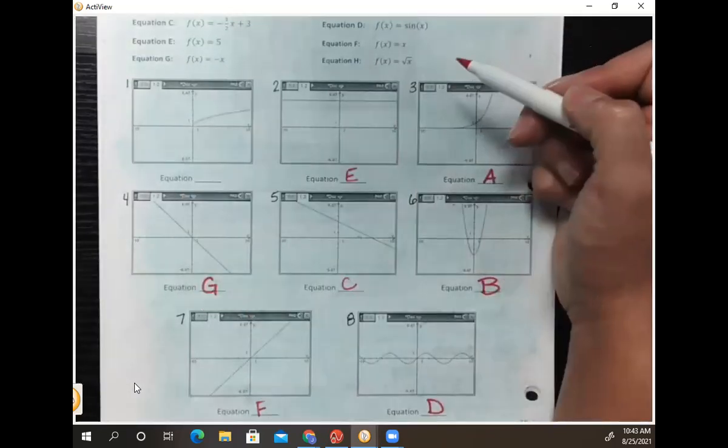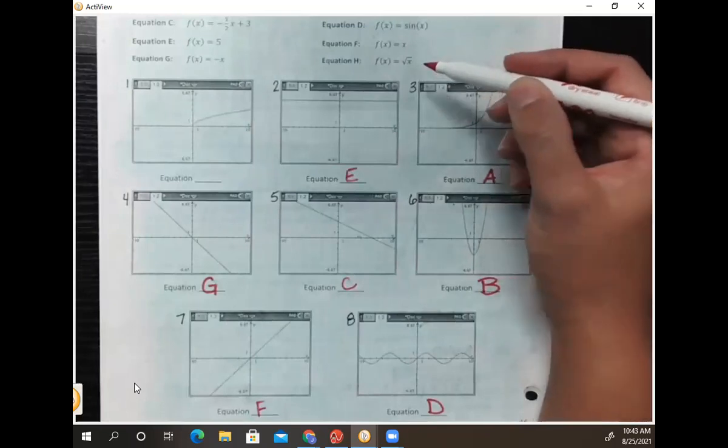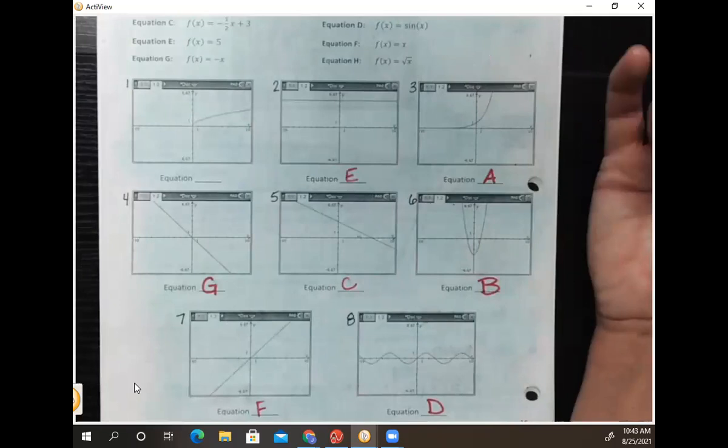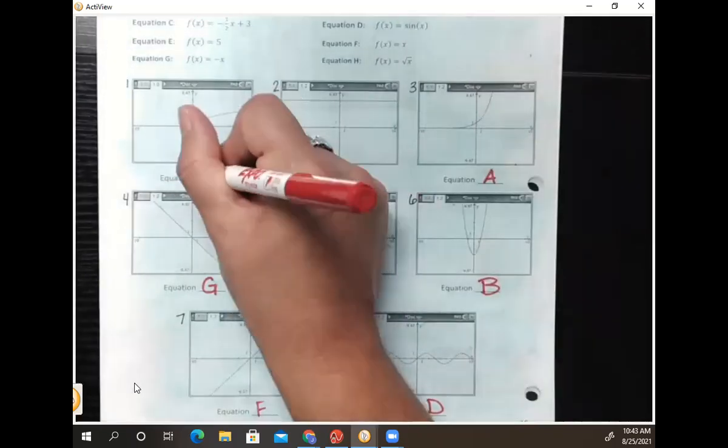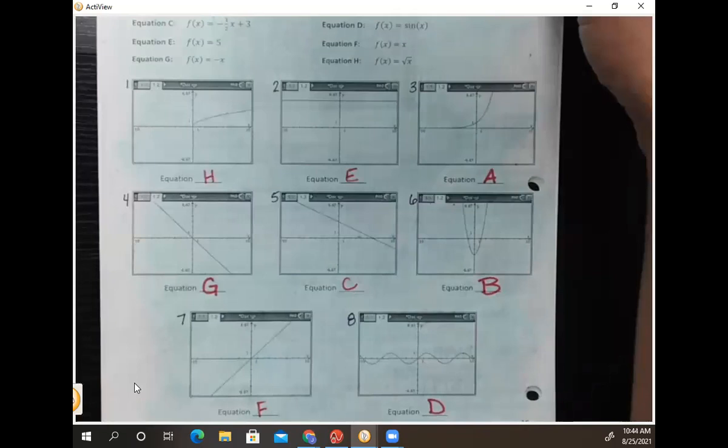So our last graph would be H, square root of x. This one has to be 1 by process of elimination, right? That's the only one we have left. Questions for me on the graph or graphing on your calculator? Okay. So the next thing we're going to do,